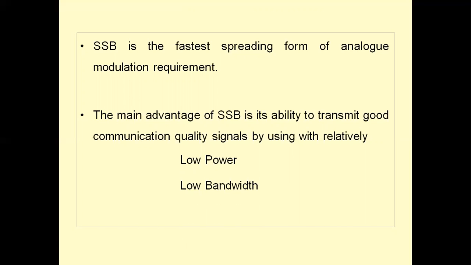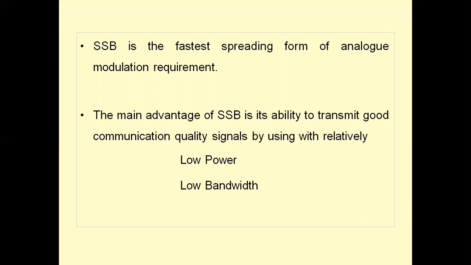And since one sideband is removed, we have only the other sideband, so we require low bandwidth. Bandwidth is also reduced by 2. AM and DSBSC require a bandwidth equal to 2 times the highest signal frequency. Whereas in SSB, we are transmitting only one sideband, and hence it occupies the same transmission bandwidth as that of the message signal bandwidth. It is not equal to 2 times fm, it is just equal to fm only. So much of the saving of the bandwidth, much of the saving of the power.